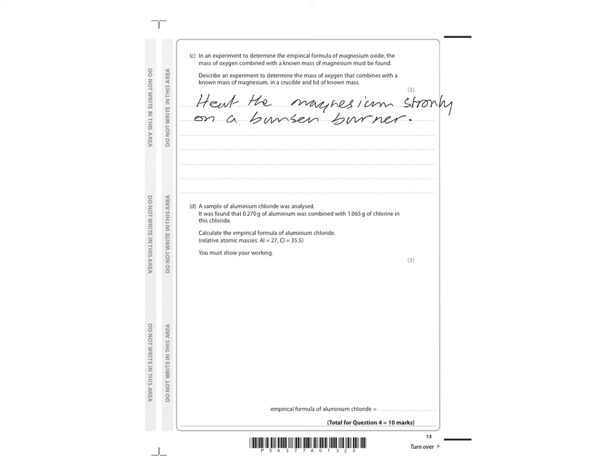now you've started off with magnesium, but it's turned into magnesium oxide, so you weigh the magnesium oxide, crucible and lid. Now the key point there is that you can't just weigh the magnesium oxide because it's a powder and it's inside the crucible. So you need to weigh all three of those things again at the end of the experiment, and then you need to subtract